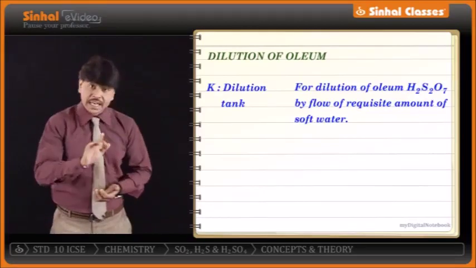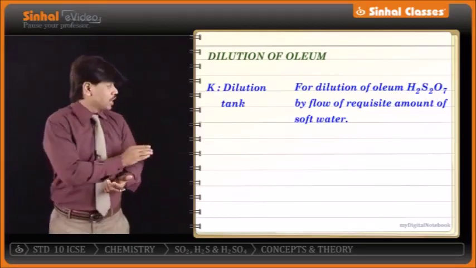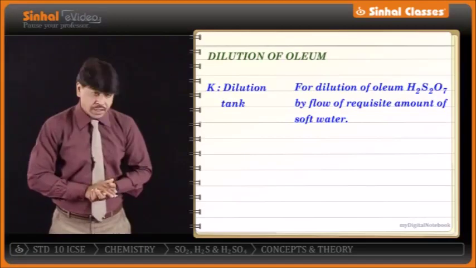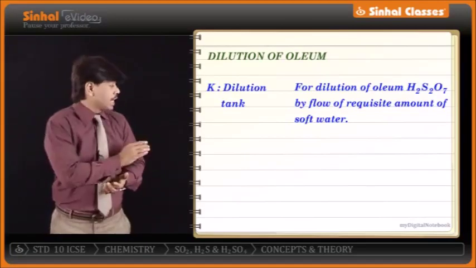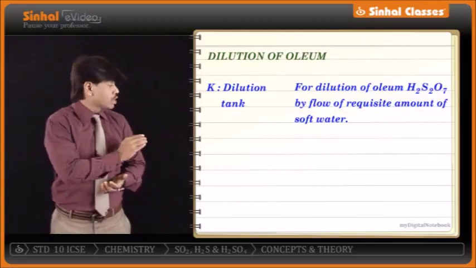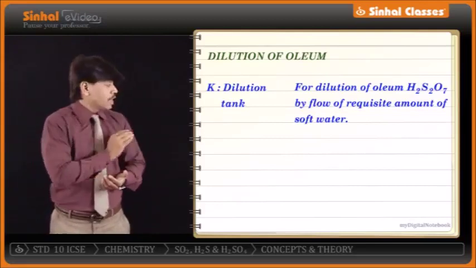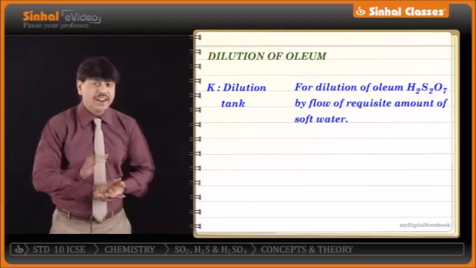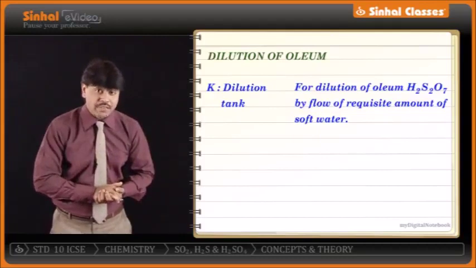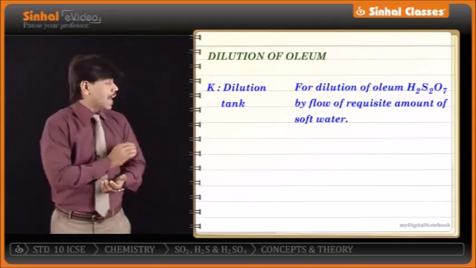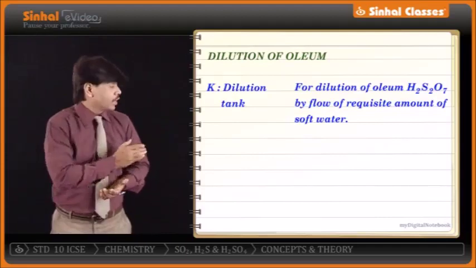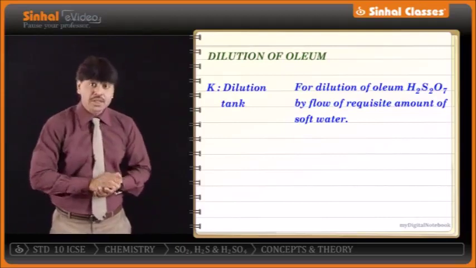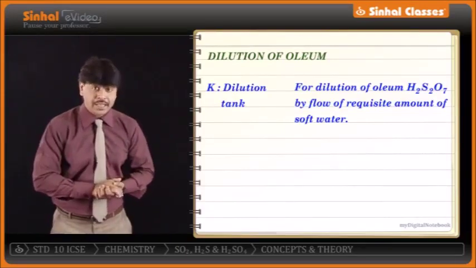The reason for that is it is a highly exothermic reaction resulting in the production of a dense fog of acid particles which do not get easily condensed. So we should use sulfuric acid. Now these sulfur trioxide vapors will get mixed with sulfuric acid and we get oleum, that is H2S2O7. Now this oleum is further diluted in a dilution tank with the required amount of soft water and we get 98% concentrated sulfuric acid,